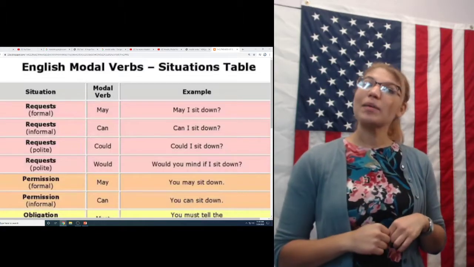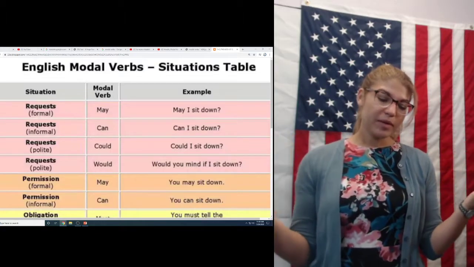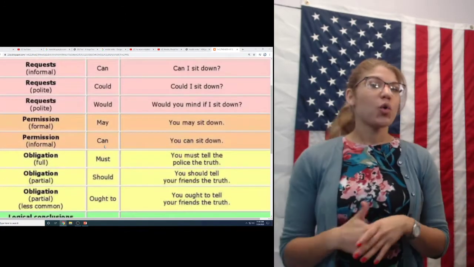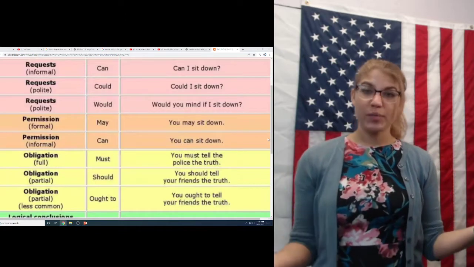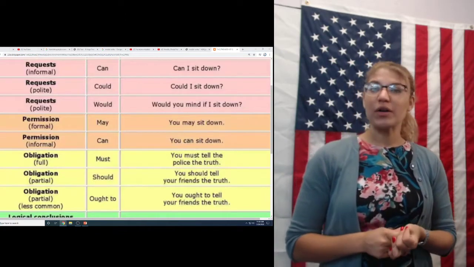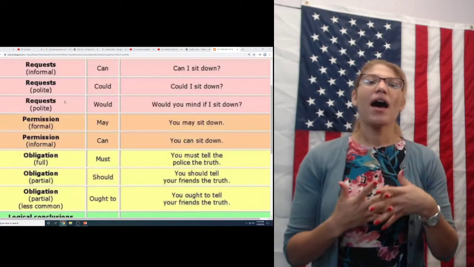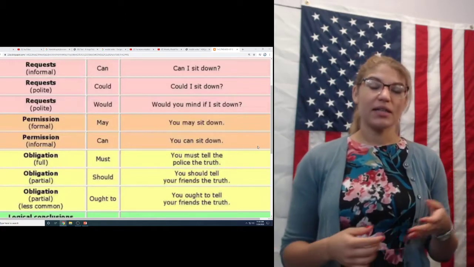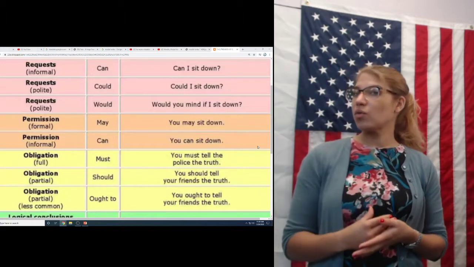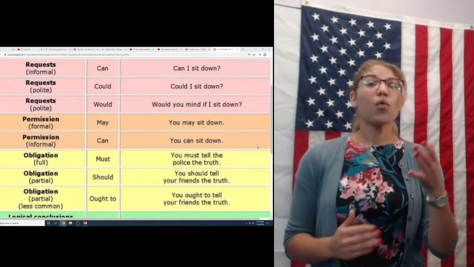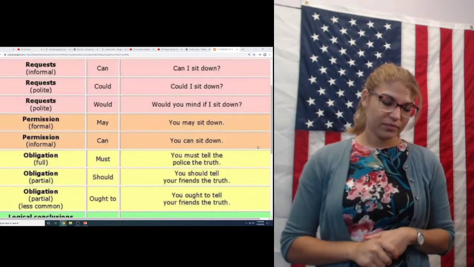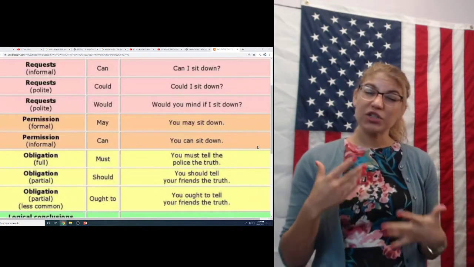The next 2 options talk about permission. If we can scroll down a little bit. In the orange, we are talking about permission. In Spanish, the word is permiso. I want permission, maybe with authority, like a boss or a teacher, or for a child to their parent. I need permission to do something.